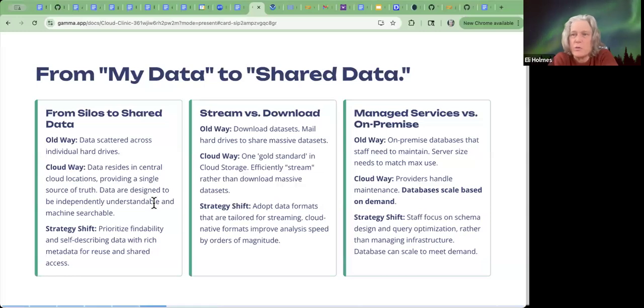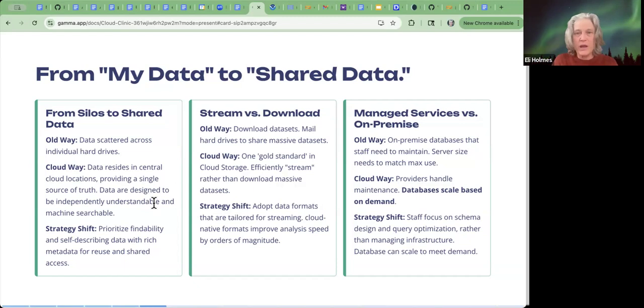And so, as we're moving into these shared environments, putting our data up into the cloud, it's a changing of a mindset about our data. So we're changing from my data, and I know what this data is, I'm the only one using it, or it's your team also, right?